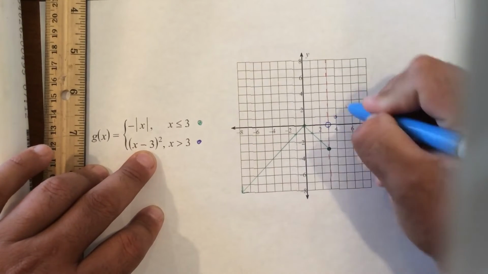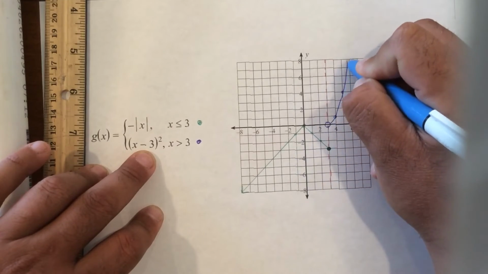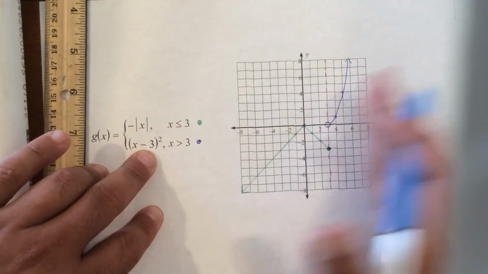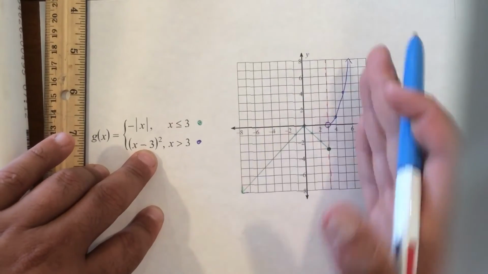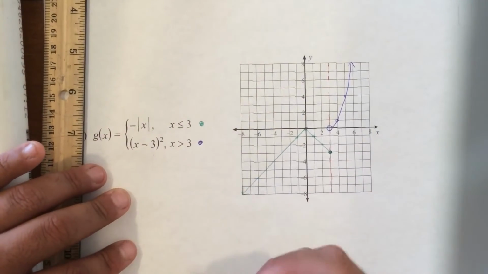So we know our parabola looks like this. And that's it. That's the right side of the parabola because it only exists when x is greater than 3. So when we fold this one over, this is going to be a